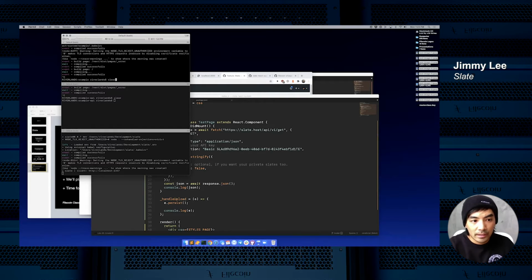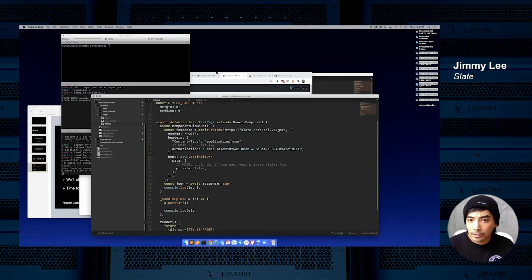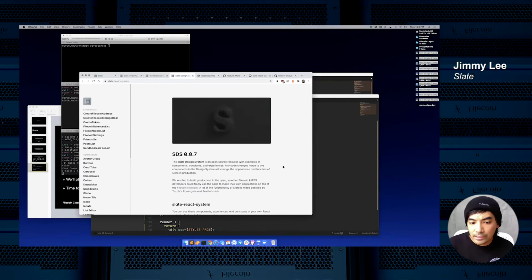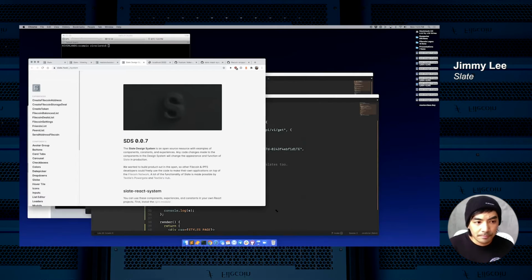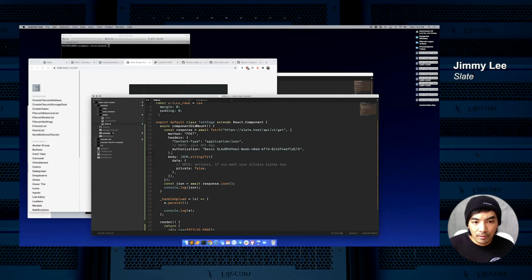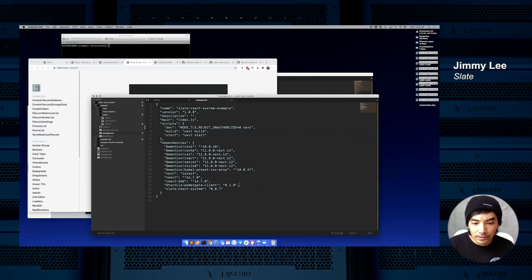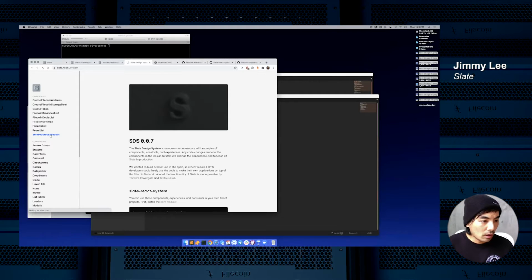So instead of debugging this, I'm going to show people how they can use Textile Powergate directly. We have this design system here called the Slate design system. In my NPM modules I already have Textile Powergate client, and I have the Slate React system installed. If I wanted to create a token right now to work with Powergate, which is our way of interacting with the Filecoin network, creating Filecoin addresses, and sending funds between Filecoin addresses, I do it here. So I'm gonna click on create token, because that's what you need to